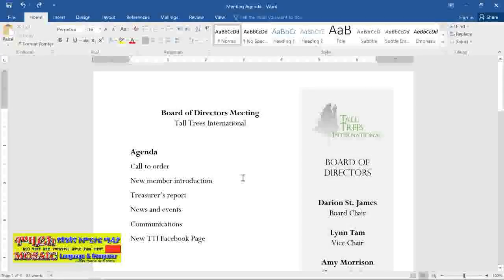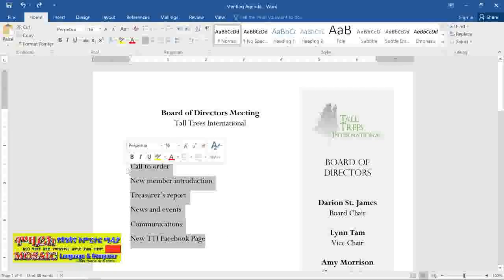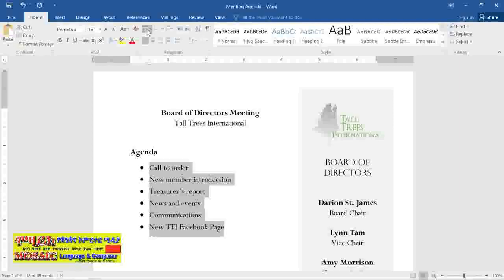When you're creating a Word document that includes a list of items, like this meeting agenda, you can format it as either a bulleted or a numbered list. First, you'll need to select the text. To add bullets, you can click the Bullets command, and if you ever want to remove them, you can just